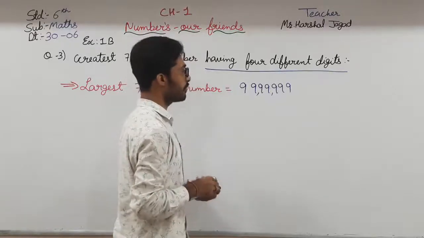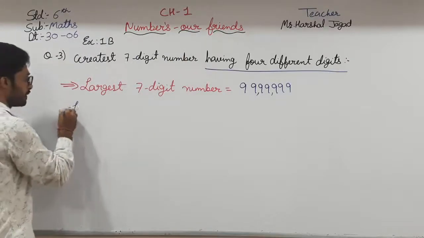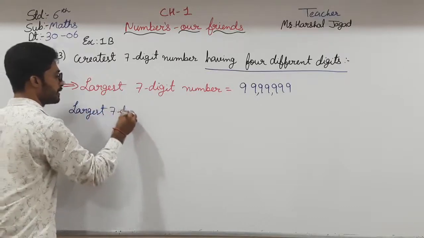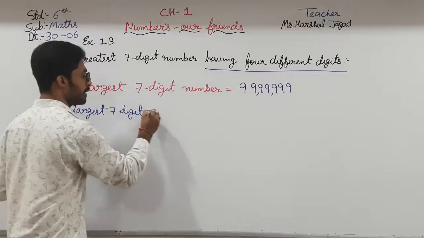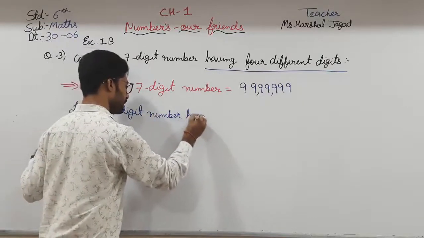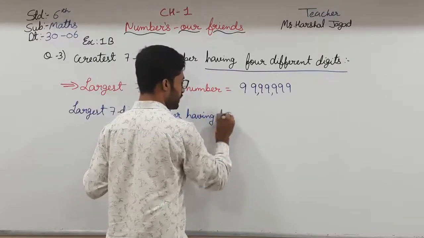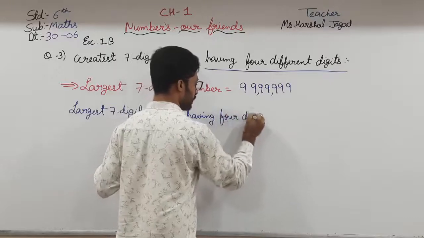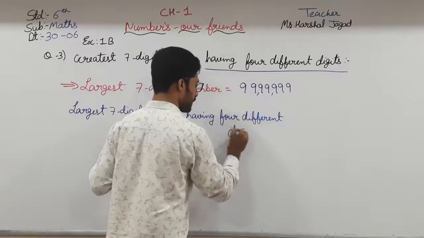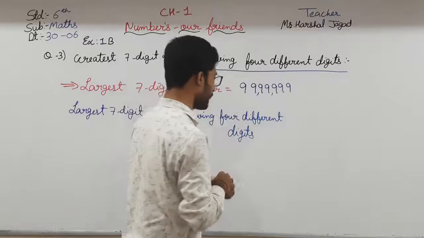So here we have to just change it. The largest 7-digit number having 4 different digits. Okay, so the answer will be